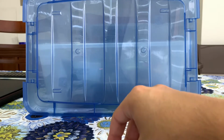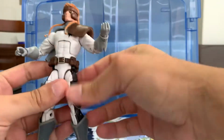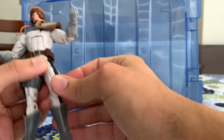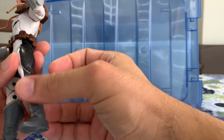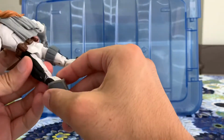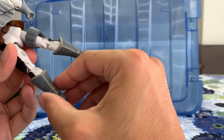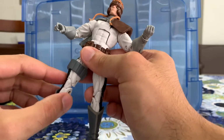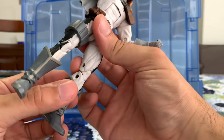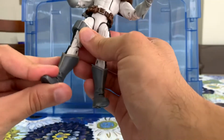So, having taken everything out of the packaging, here we have the figure itself, Shatterstar. The knee feels a bit wobbly. The joint is a bit too flexible for my liking. This one is fine, but this one feels a bit too soft. Anyway,